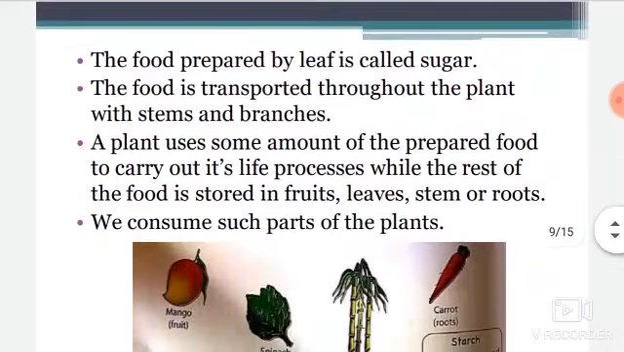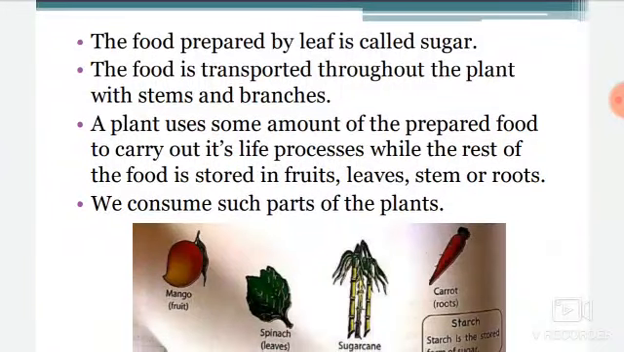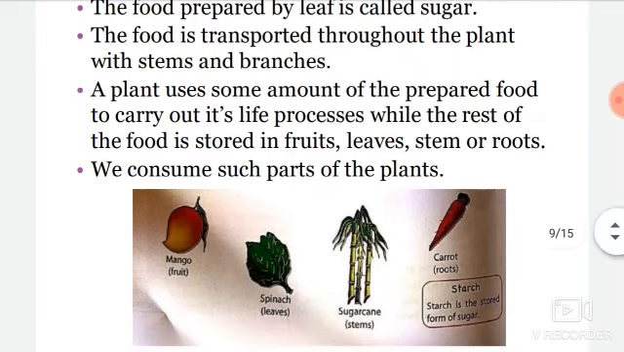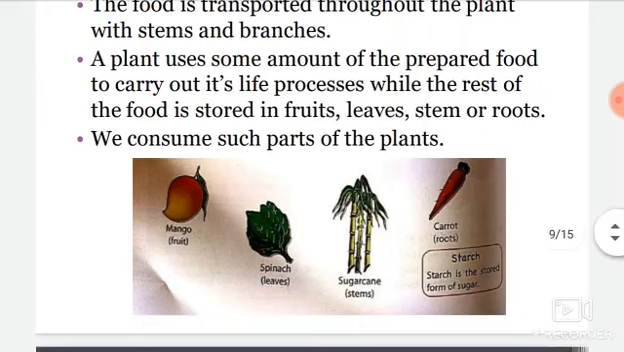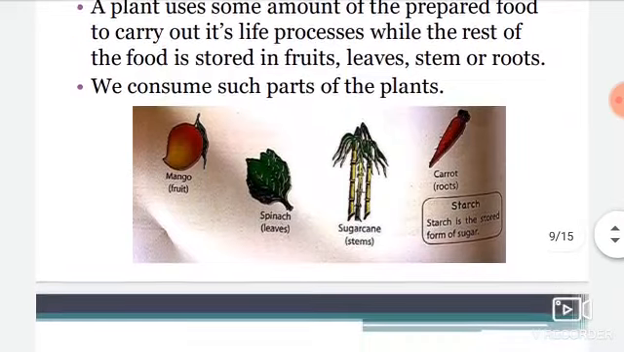Now, the food which is prepared by the green leaves is called sugar. The food is transported throughout the plant with the help of stems and branches. A plant uses some amount of food for its life processes, while the rest of the food gets stored in fruits, leaves, stems, or roots,